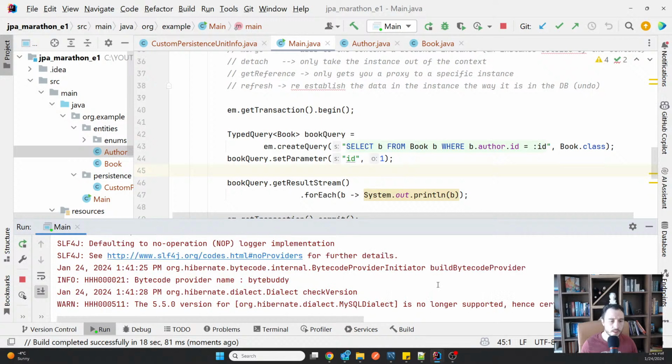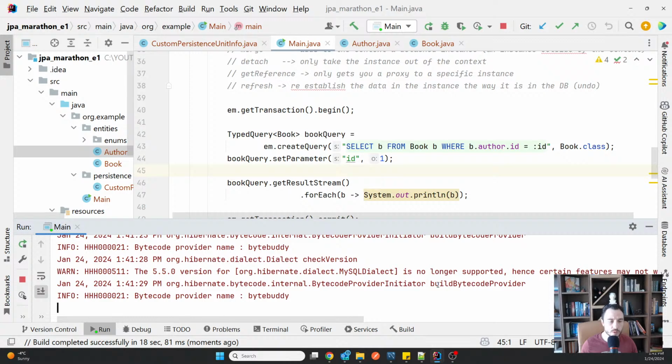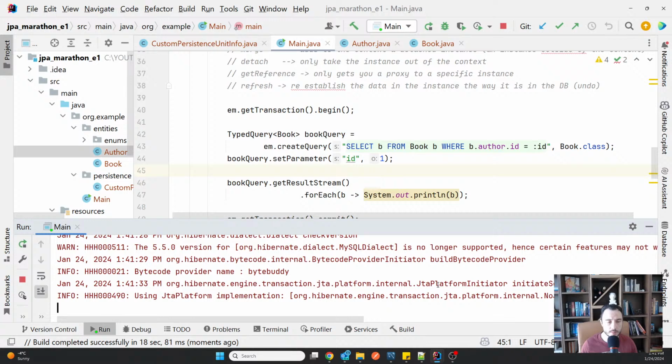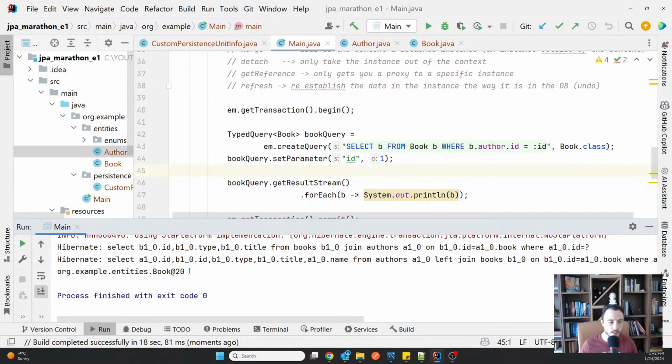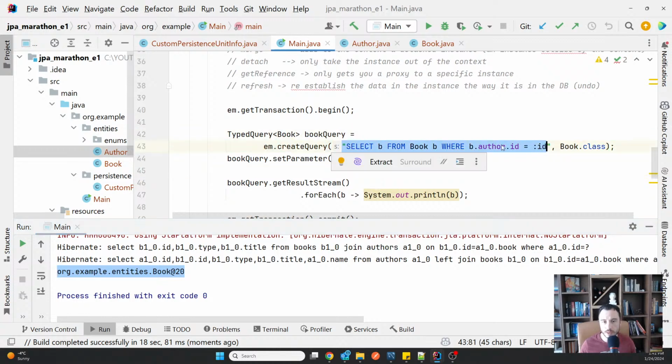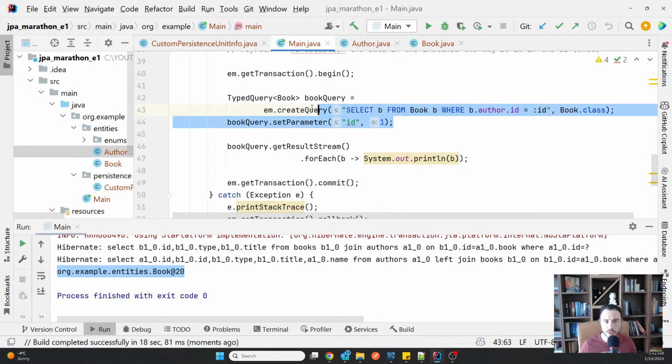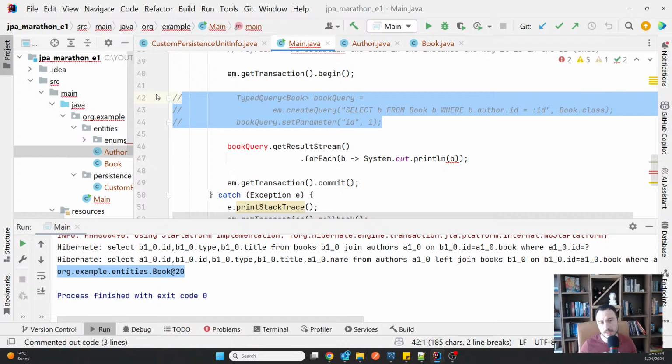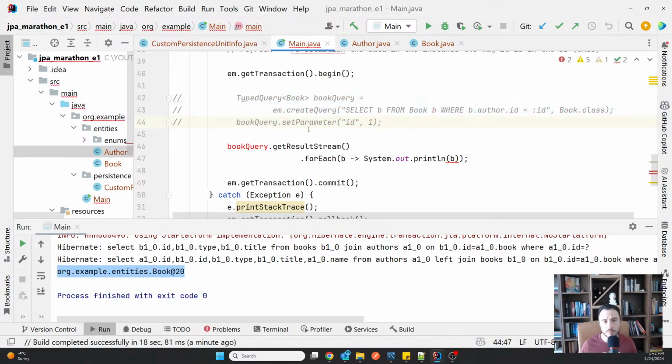Okay, and it's one book. I deleted the two strings, so it will look ugly probably in the console. It will be something like Book@ and then the hash code. Here it is. Okay, so this is clearly the book. Now what I wanted to prove is that I was able to select a book by the author because the author exists in the book, and because the relationship is bidirectional, I will also be able to do the opposite.